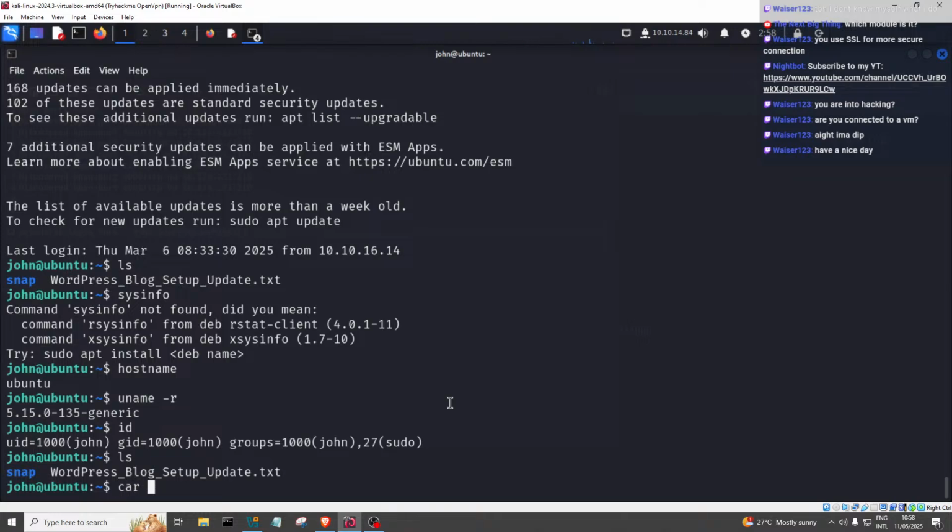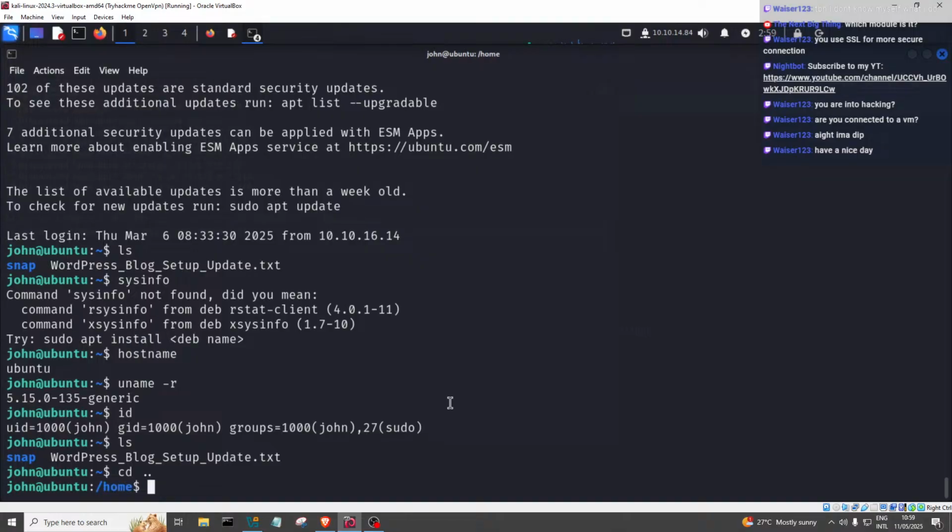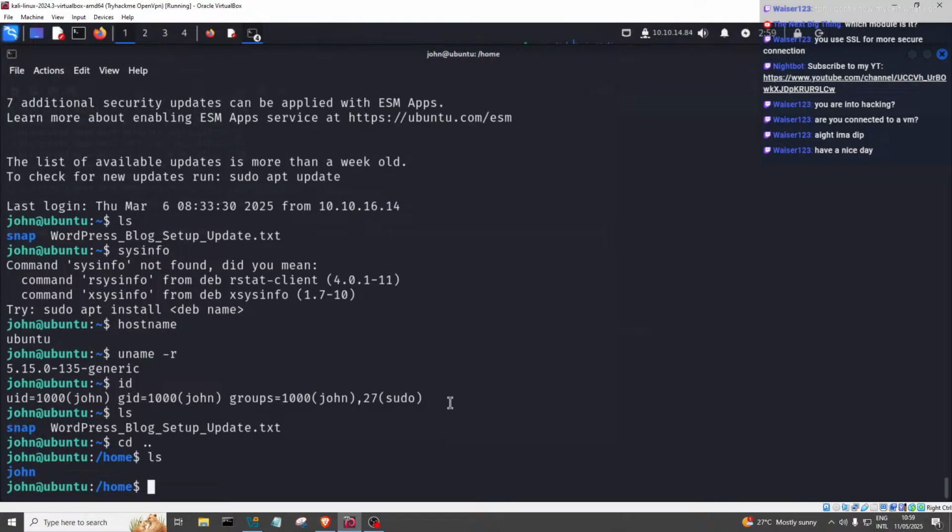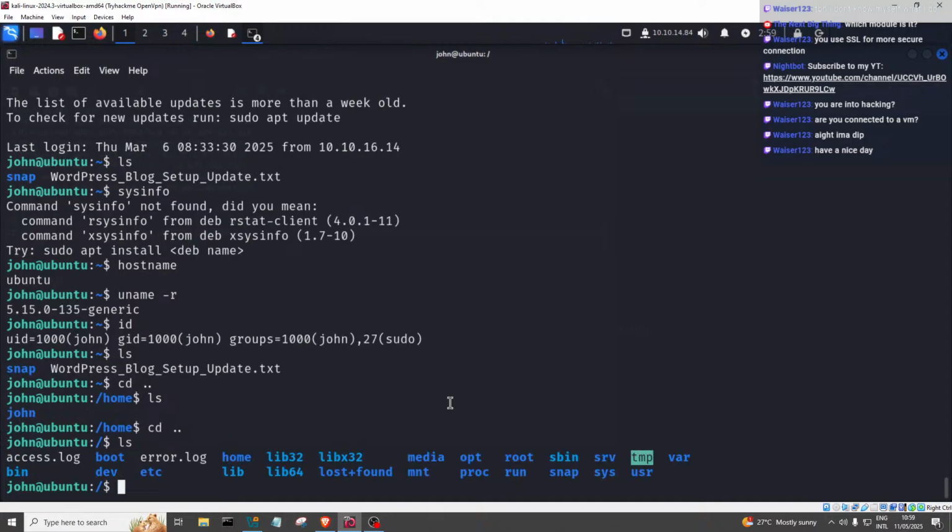Let's check. Let's see the dot here. And then let's ls. Let's see the dot here. Oh wait, no, I forgot. Hold up. How do I cat